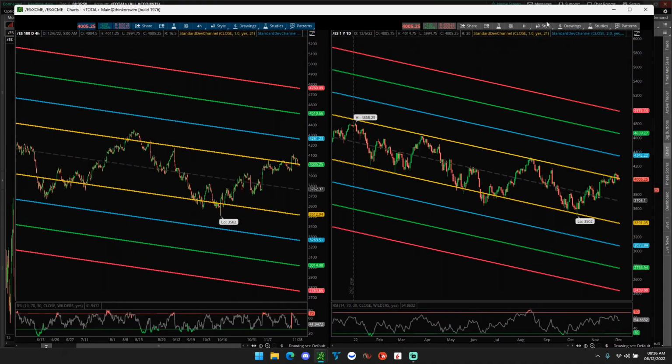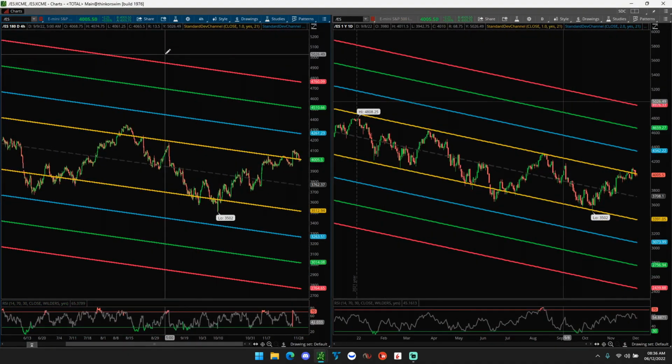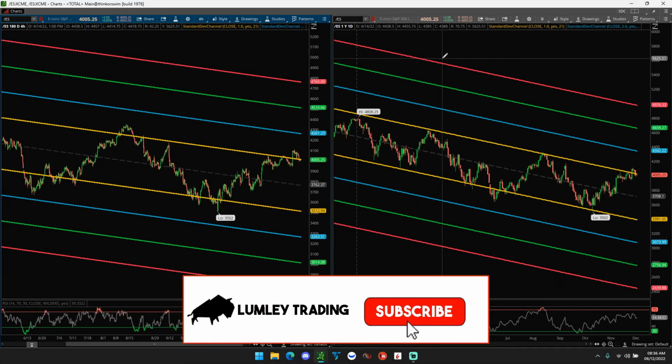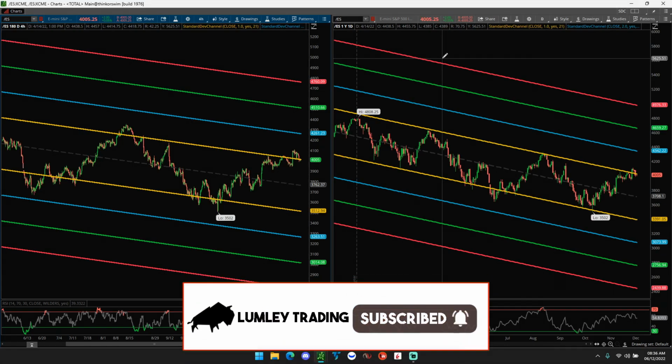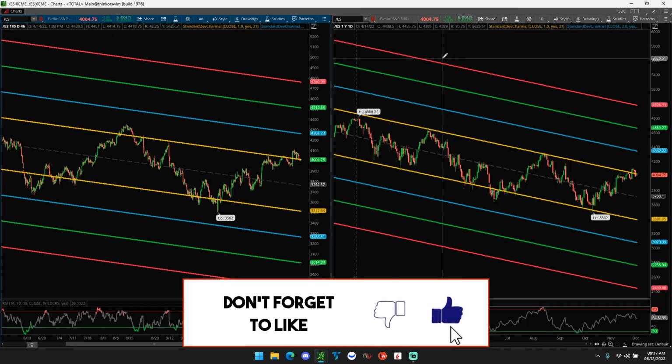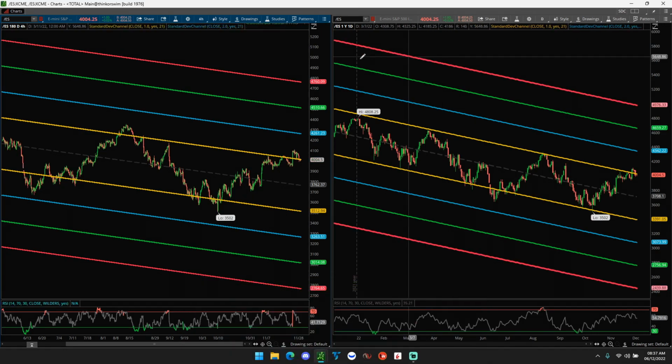So what is quite interesting here, on the left we have a 6 month, on the right we have a 1 year. As you know, if you watch this channel, this is how we do basically all our technical analysis. This is how we get a good sense of direction, especially from a technical standpoint. So what we're really seeing on the S&P could be a very bullish signal if we can get what we're looking for. And by the time this is released, you may even see it, and if so, even better.